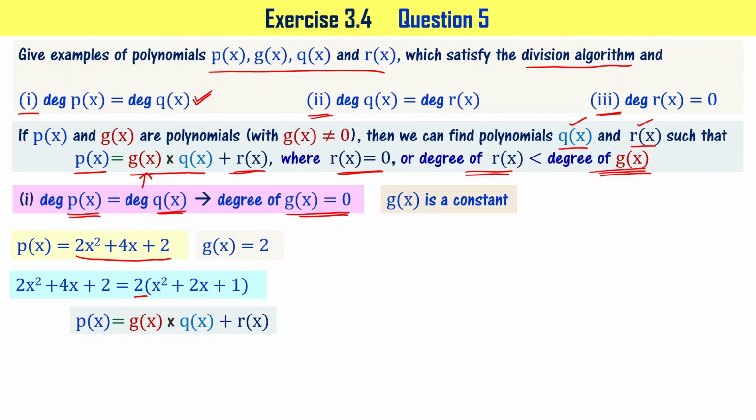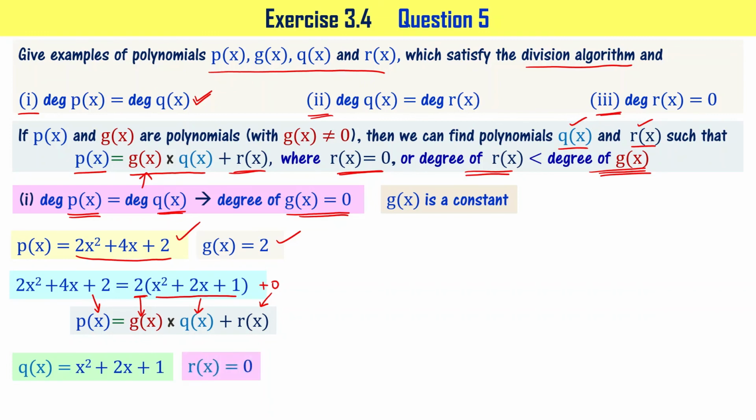the division algorithm. It says p of x equal to g of x times q of x plus r of x. Let's compare. We already said that this is p of x, right? And we said that number 2 is g of x. Then this whole thing is going to be q of x, and r of x we have not written, but it is going to be 0, right? Now let's write that. Since p of x and g of x already are written, I am writing q of x, that is equal to x square plus 2x plus 1, and r of x equal to 0. So to answer the problem, we have written all 4, right? P of x, g of x, q of x, and r of x, right?